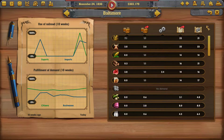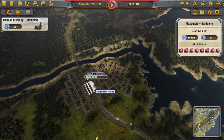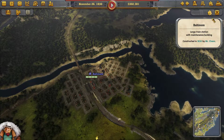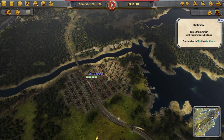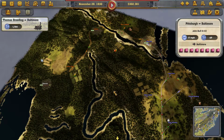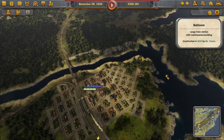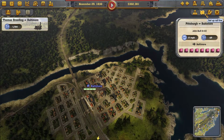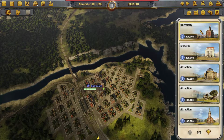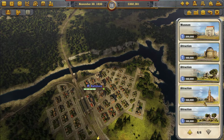Yes. So what? Oh, I see. So if I build, hang on. If I click over here, what can I do? I can demolish maintenance building, which is definitely... There's another station here now. Where have you started building stations, buddy? Or are you talking about my stations? So how do I actually set up some stuff? Can I build... Aha! What is this? Ooh! I can build an attraction, a museum, a university...